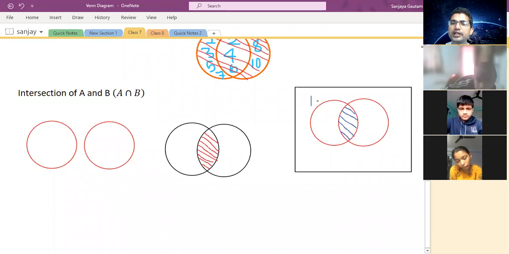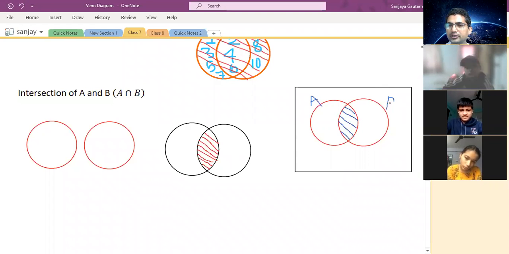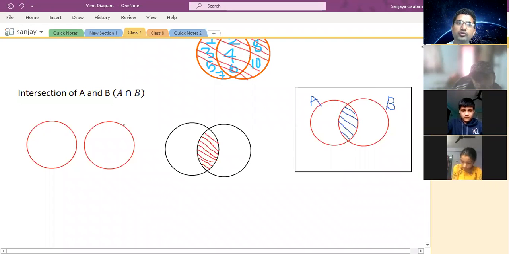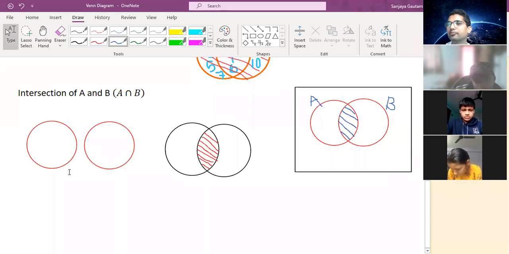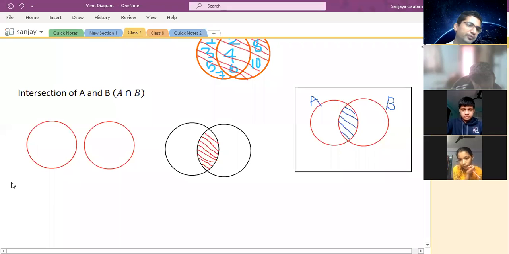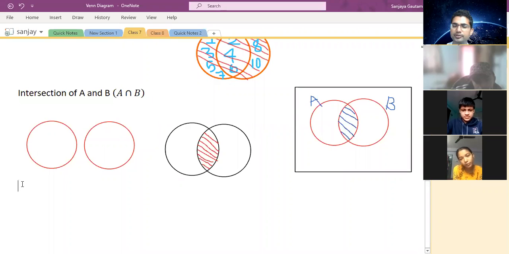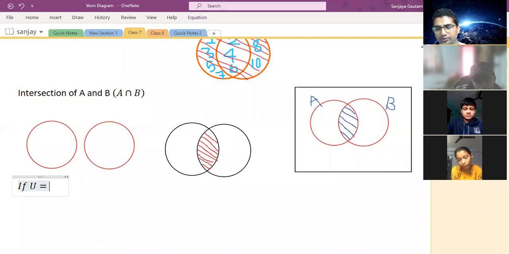Let's suppose this is set A and this is set B. Okay, so you may have a question like this, sir, what will happen if there are members, then how to find and how to represent, भन्ने queries हुन सक्छ. So let me address your problems. Okay, let's put on a universal set as well.